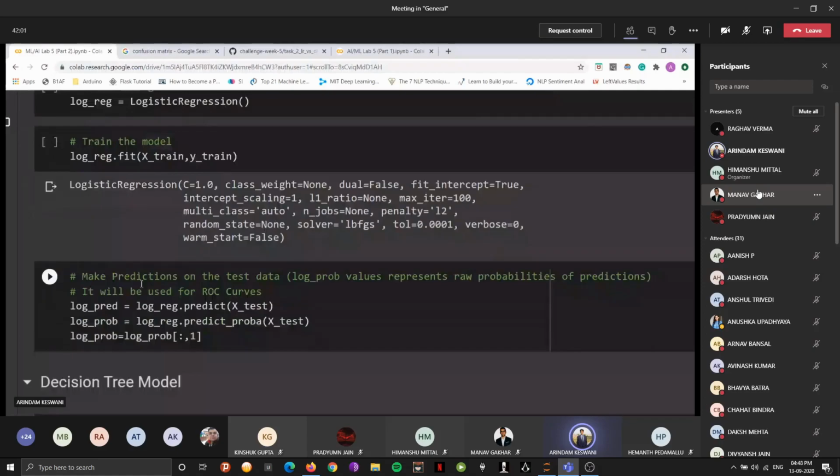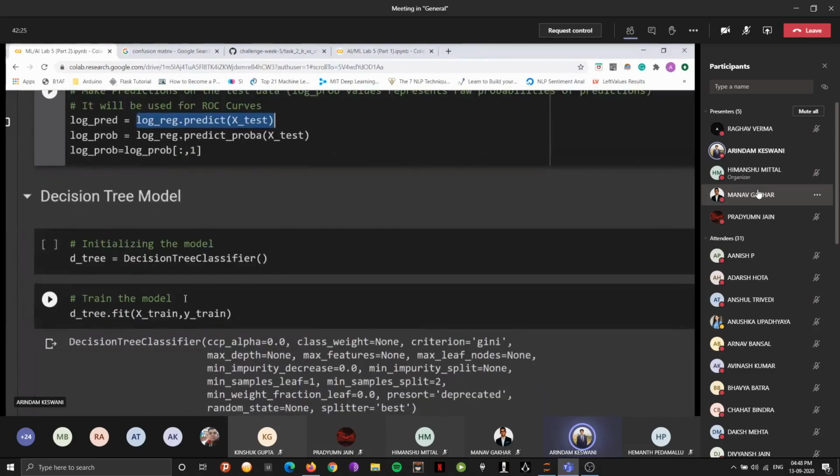And now we are making predictions, and we are storing them in a log pred variable, and we are also predicting the probabilities. This is something new. So we are predicting the probabilities for the logistic regression model, and we will see how it works when we come to the ROC curve method.